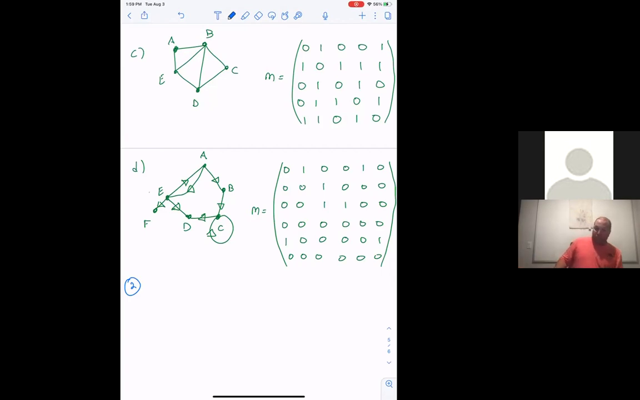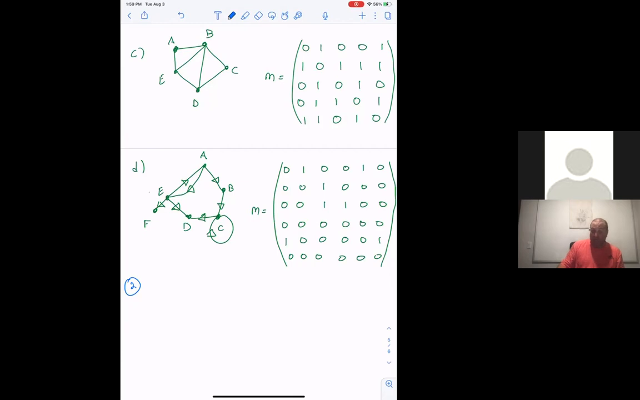So no loops, which means nothing goes to itself. Well, how do I know if something goes to itself? You'd have to have a non-zero number along the main diagonal. So no non-zero numbers along the main diagonal implies no loops. And the other thing that might make a graph not simple is to have a multigraph,